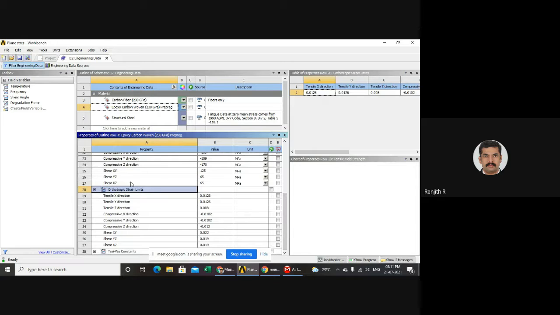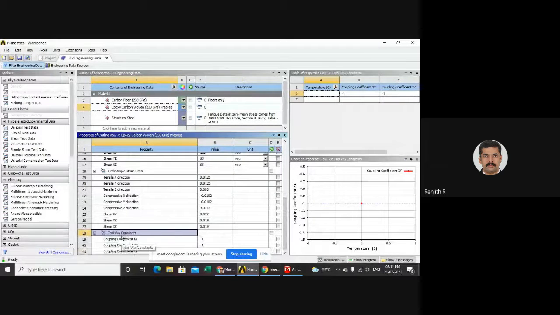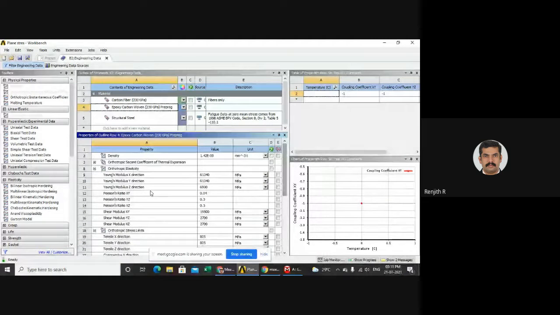So here we will specify the stresses to calculate the failure. We will utilize stress to calculate, and here we will use strain to calculate the failure. And similarly, Tsai-Wu constants are also there. That is actually the modification of Tsai-Hill with some weightage fractions. So these are different types of failure criteria which we will use to find out the failure.